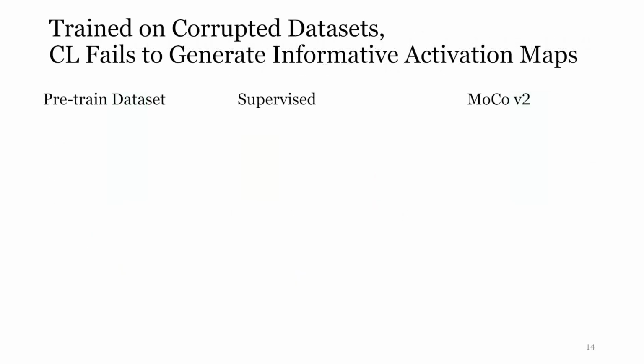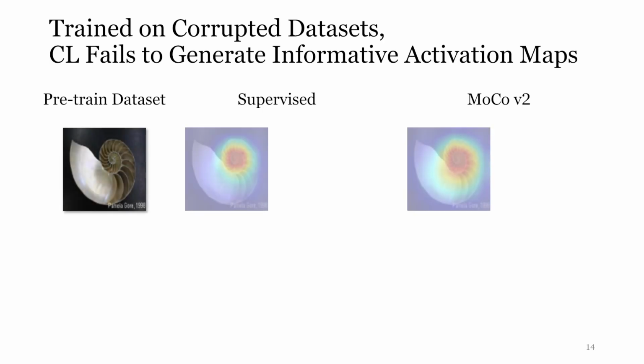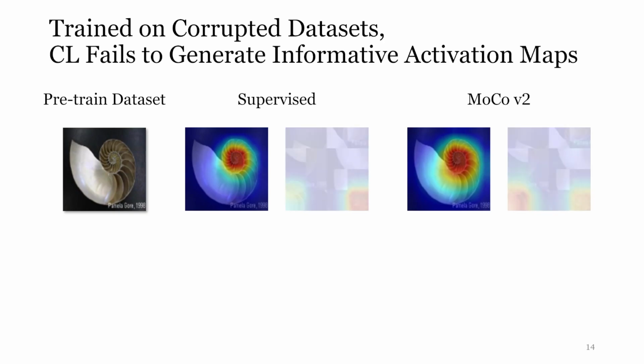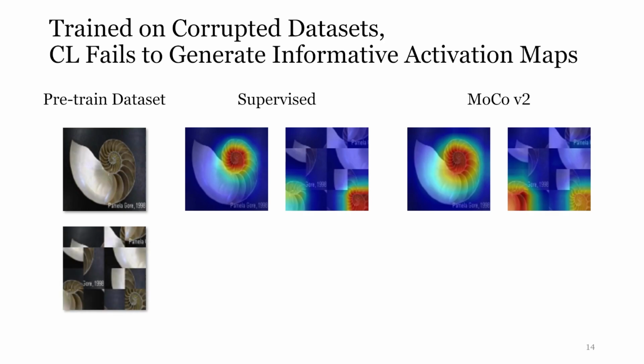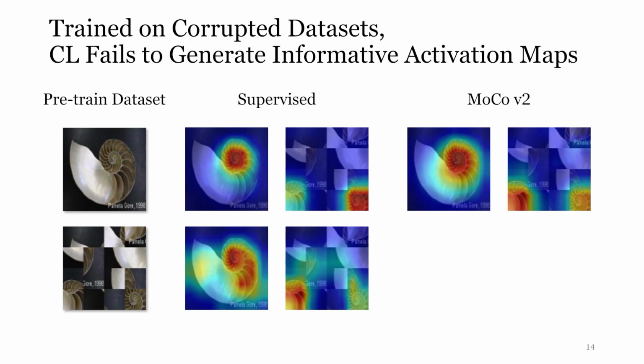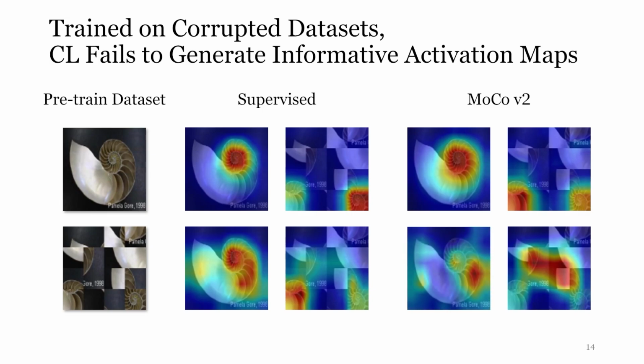We also use activation maps to show how the CL trained model changes after training on a patch shuffled dataset. When trained on the original dataset, both supervised learning and MoCo focus on the correct part of the image, even the corrupted ones. While trained on the shuffled dataset, supervised learning can still focus on the correct part. MoCo, however, focuses on a continuous but incorrect part in the shuffled image, and even loses the ability to deal with the original images. This shows that without global inductive bias in training, CL is unable to learn to reason and understand images correctly.